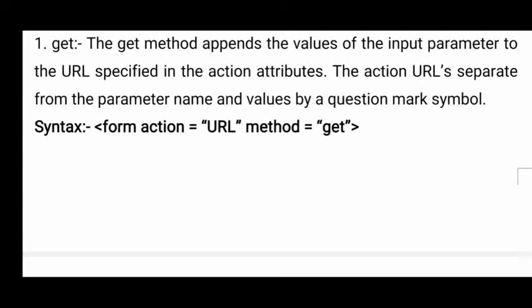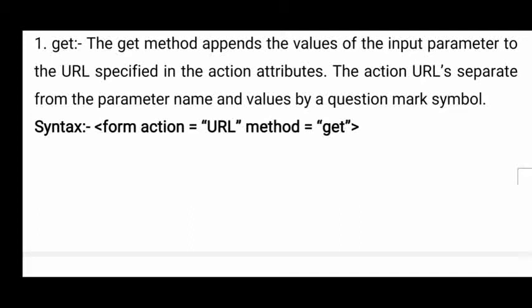So the get method, what it will do is, whatever information you enter in the form will be visible in the address bar of the browser window. Okay. So using the get method, whatever information you are entering is visible on the browser window. That I will show you in the practical.